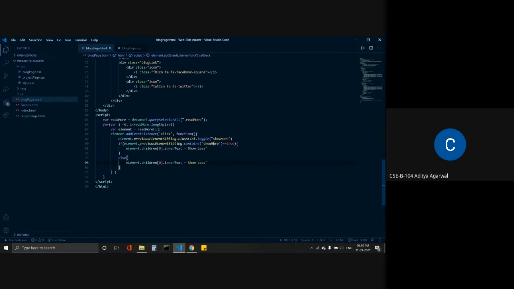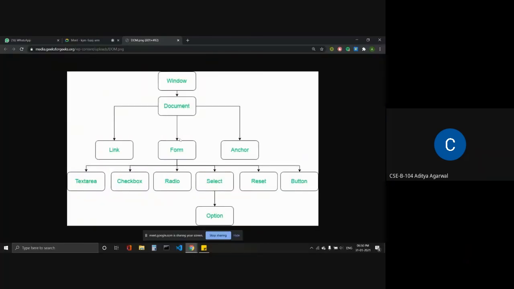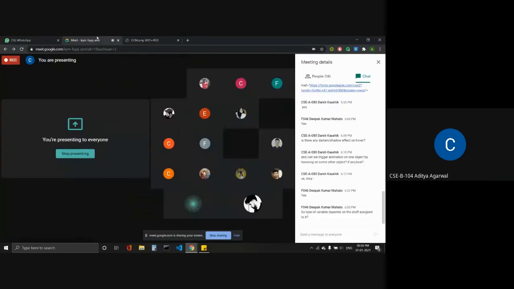So what I'm doing here is grabbing the element, and previousElementSibling grabs the element that is previous to it. See here, can you see the photo image?